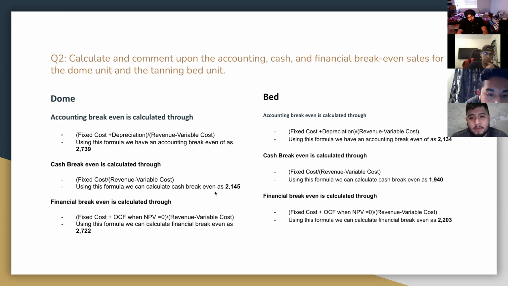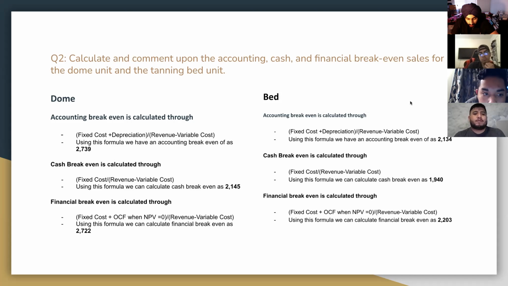For the cash break-even, it is calculated using the fixed cost divided by the revenue minus the variable cost, and the total comes out to 2,145 units. For the financial break-even, it's fixed cost plus operating cash flows when net present value equals 0, divided by revenue minus variable cost, and the total comes out to